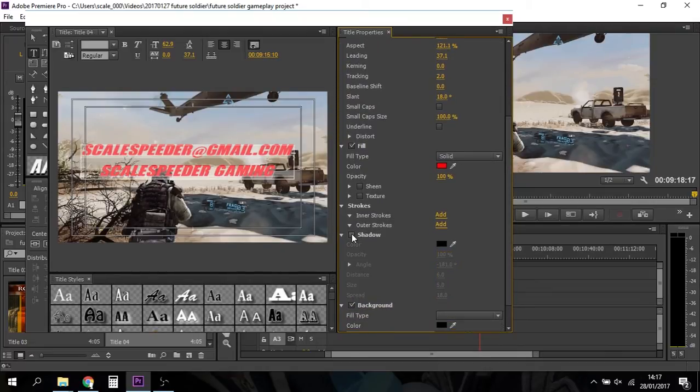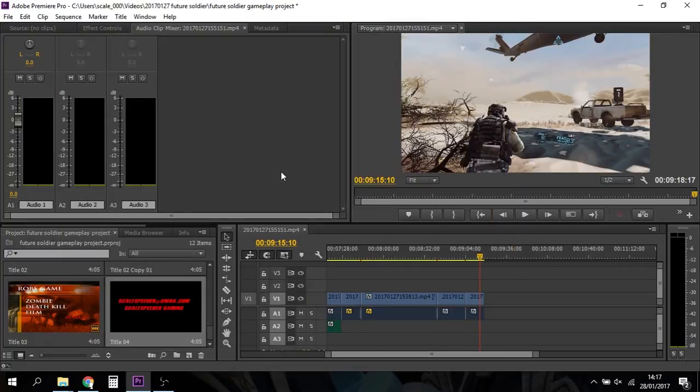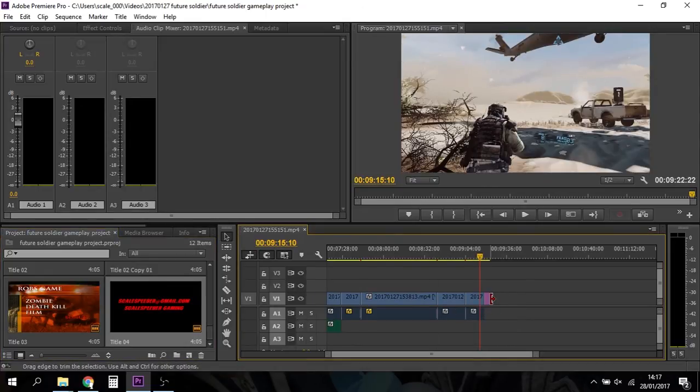I don't want a shadow, so let's take that off. But I do like a stroke. So let's add an outer stroke, which is just like a line. Yeah, and we will have it. Edge, yeah, that's a good size. Let's make it a bit thicker. This is black. And there we go. So now we have our custom credits, which we can now drag across, plonk on there,